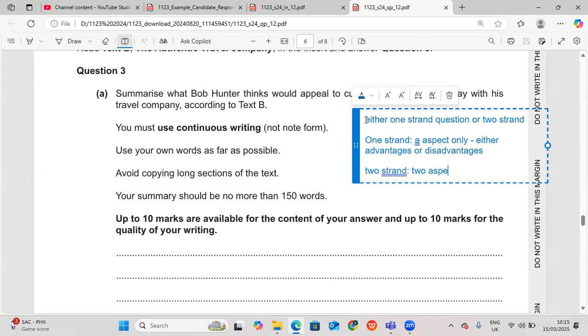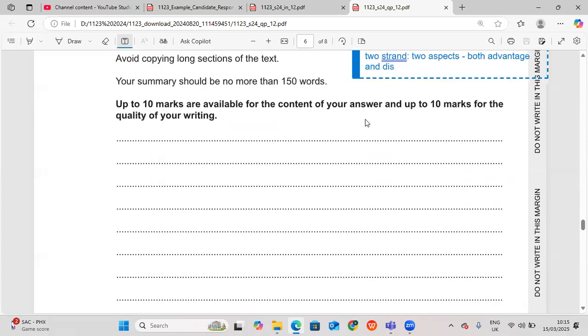Which means you might have to write about both advantages and disadvantages. So whenever you get a summary question,